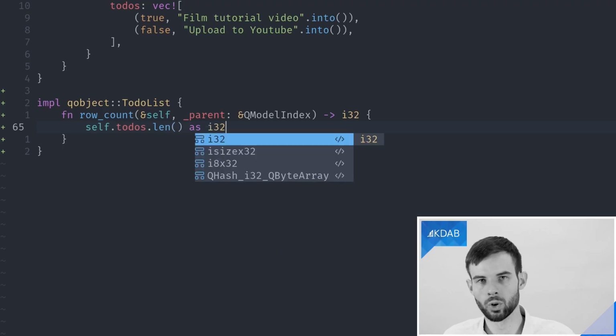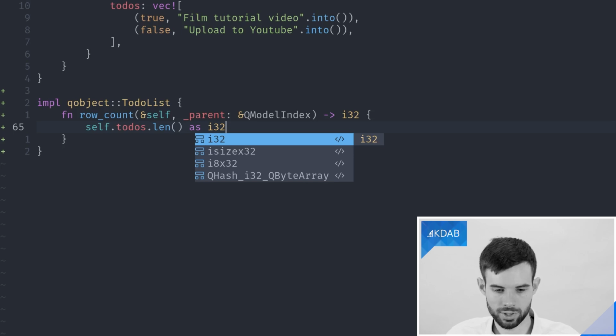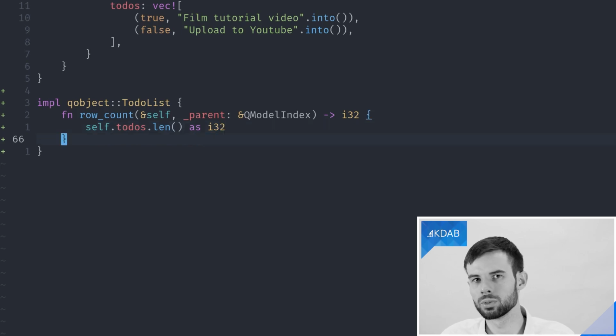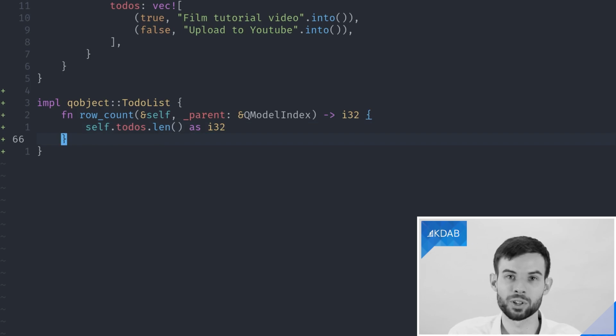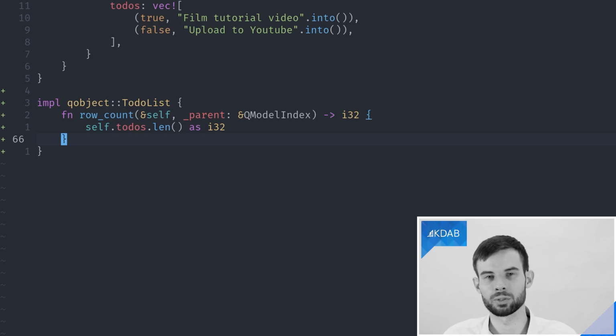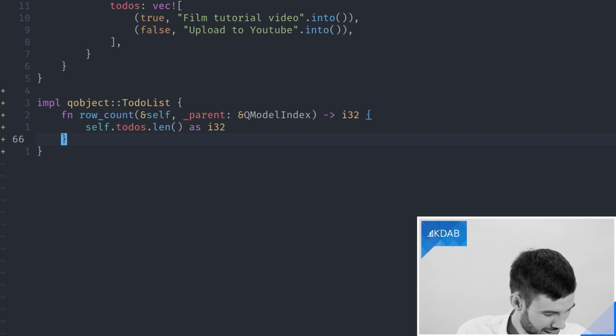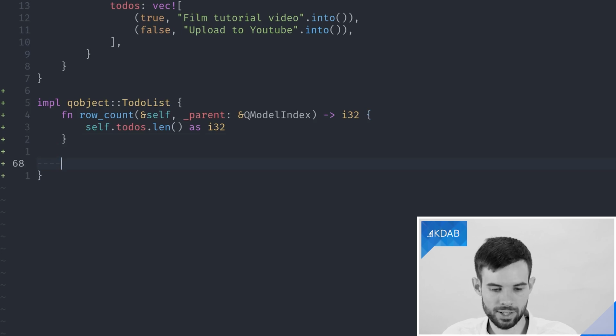Unfortunately here there's a small incompatibility between Qt and Rust. Rust uses the usize type to talk about lengths of containers, but Qt always uses integers, so i32. So we just need to cast this, but this is not a problem in the very, very vast majority of cases. So unless you plan to have more than 4 billion or so items, I think we should be good. And if you've got that long of a to-do list, I would advise not using the small to-do app. Okay, so that's our first function implemented.